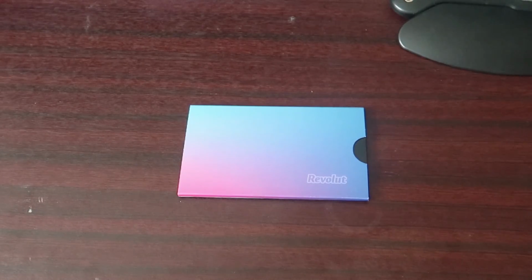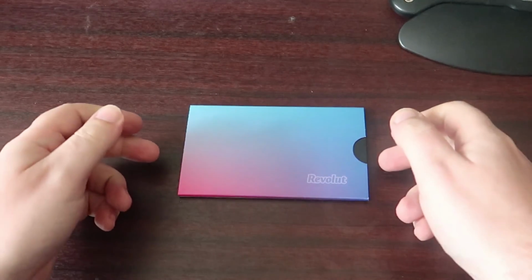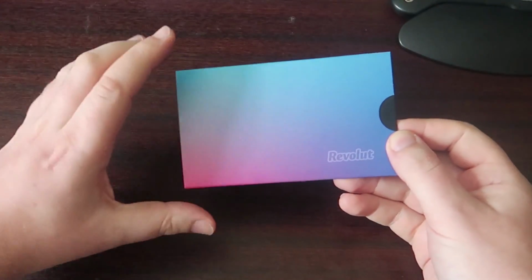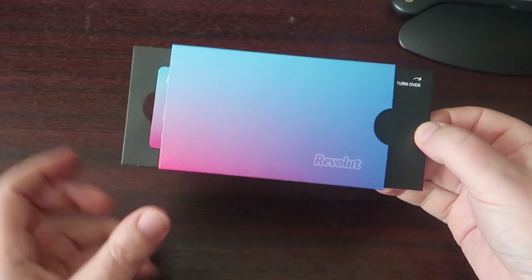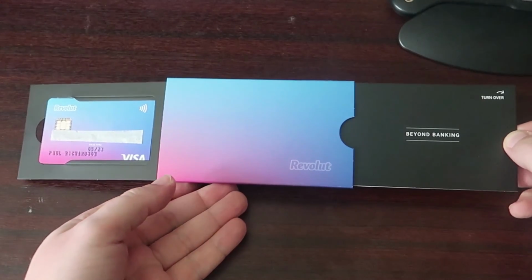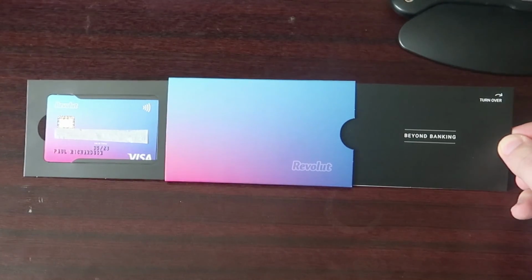So I've just received my Revolut card and it comes in some pretty cool packaging, so I thought I'd show it to you. So here it is, here's how it comes, front and back. Okay, and what you do is you pull this tab here and it slides out from both sides at the same time. Quite like that. So just for security, I've blanked off my number here, but you can see